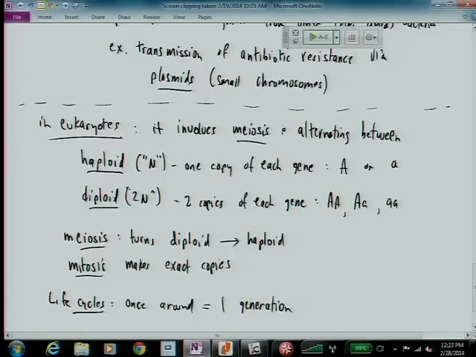It's simpler oftentimes to draw as a circle where you have a person makes eggs and sperm, makes a zygote, grows into an adult. That adult makes eggs and sperm, grows into the next generation, grows into the next generation. Right? So we're going to talk about those in plants, animals, and fungi because they're interesting and different. And they start simple and then it gets weird. So you have to